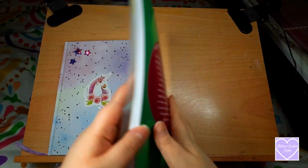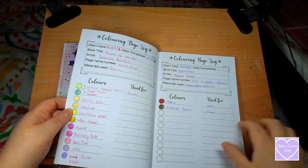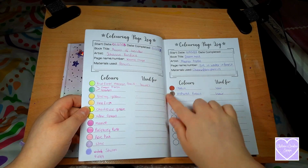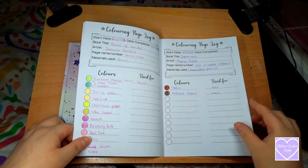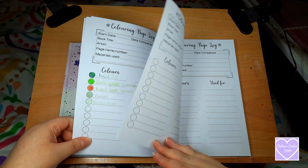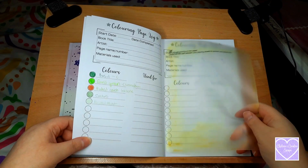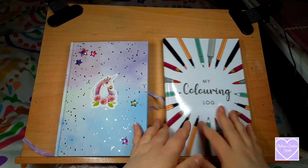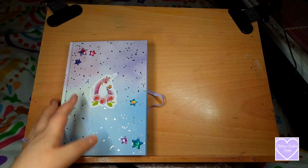It's not going to be like anything that I keep up with, but if I start a page and I need to just jot down what colours I used, I do have this, my colouring log. I believe this one's by Colour with Claire, and it was only a couple of pound on Amazon. But if I want to just keep track of colours that I've used, I will just put it in there, but I'm not going to be keeping up to date with all that and everything. So that's just for us to jot stuff down that I need to keep track of to finish the page